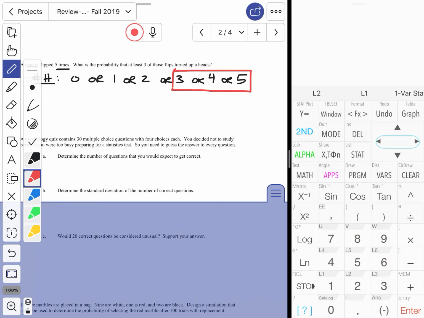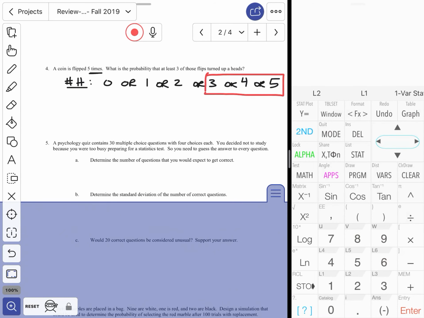I could do that using a table approach, or I could use Binompdf. I'm going to do the table method first, and then after that I'm going to do Binompdf. You can decide which way you want to do it. I'm only looking for you to show the method one way or the other. All right, so if we're doing it with the table approach,